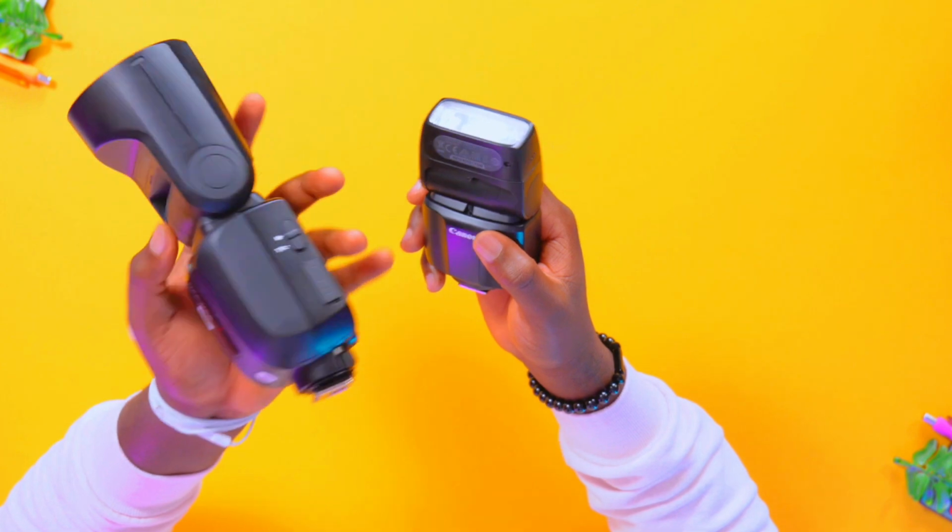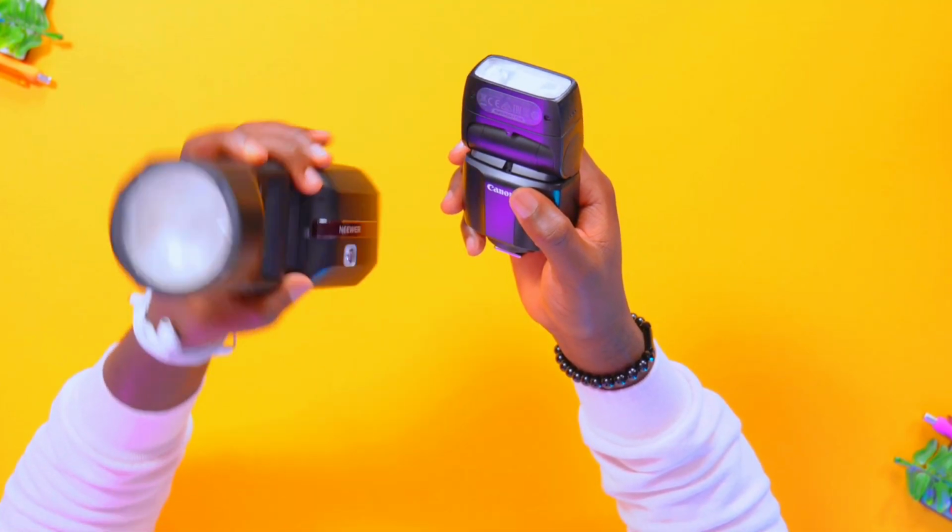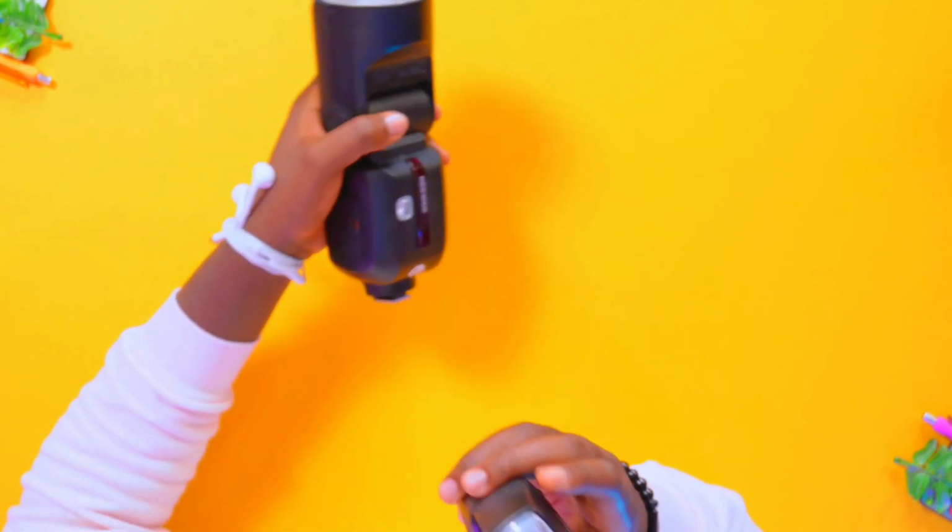Now, when you put the battery inside, it weighs approximately 580 grams, a little bit heavy compared to other compact Neewer lights that you have. For example, I have this Speedlite from Canon, the EL-100, which is very simple, small and compact. But when you compare it to the Neewer, you realize that this Speedlite is bigger and heavier than the Canon. But I also think that the Canon is much more expensive, durable and premium quality, and much more tailored for professionals. This is more of an enthusiast kind of Speedlite. So for me, 580 grams is great, especially when you compare it to other